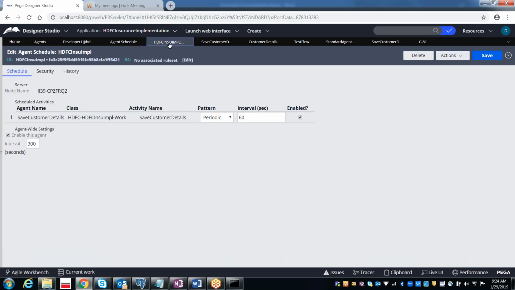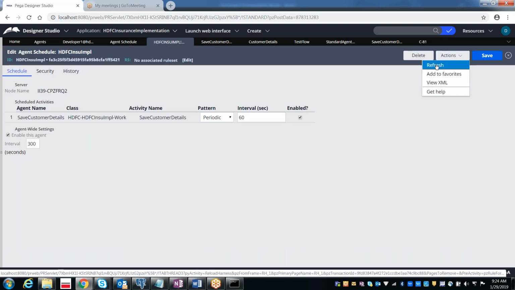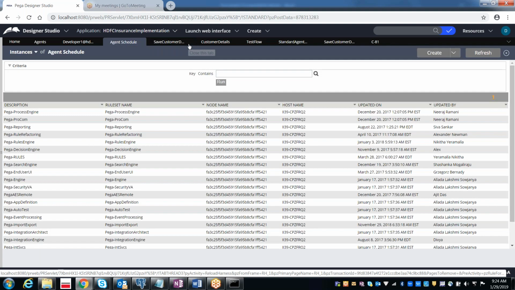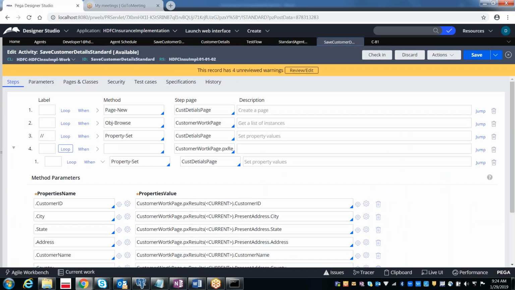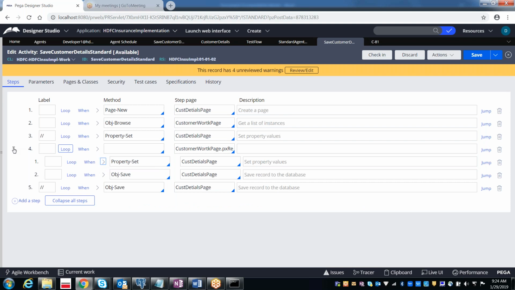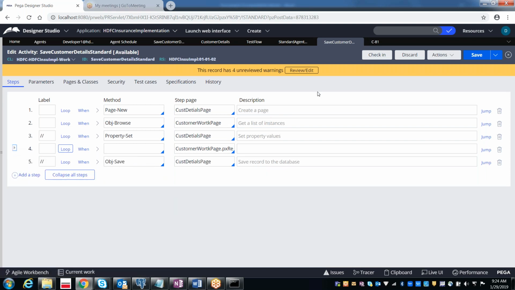For queuing, I said there is a default Pega activity, queue for agent.